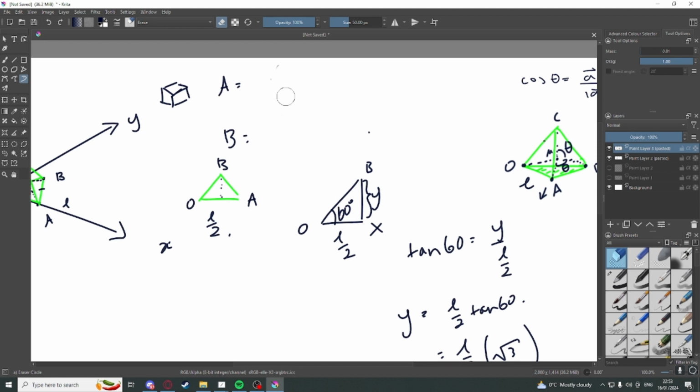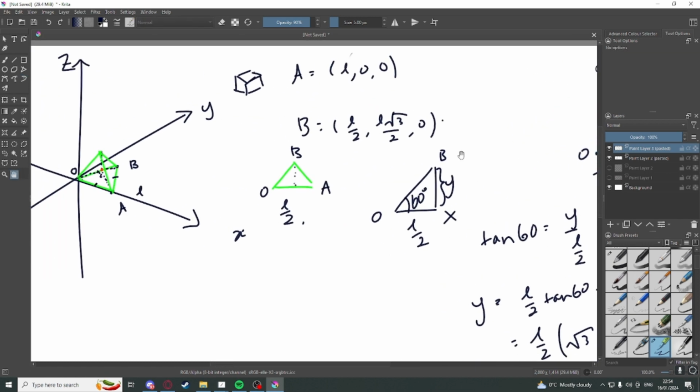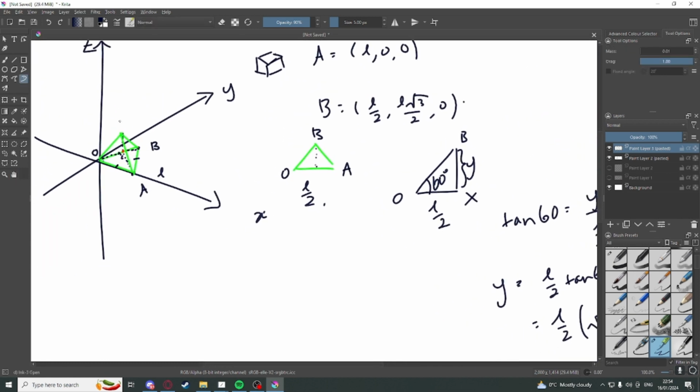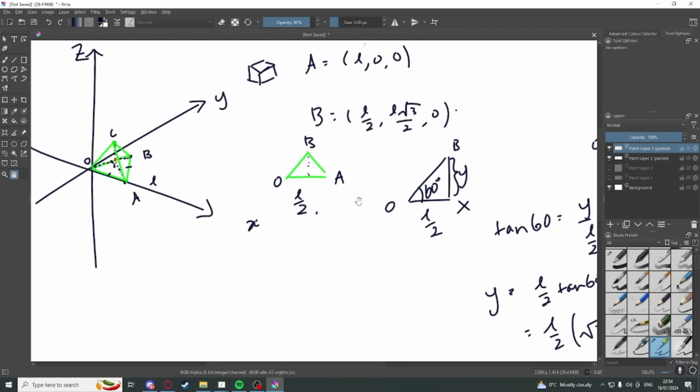So L, 0, 0. Okay, so L, 0, 0, L over 2, L root 3 over 2, and 0. And then we also need to find C. Sorry, here's C. Okay, so C is a little trickier,